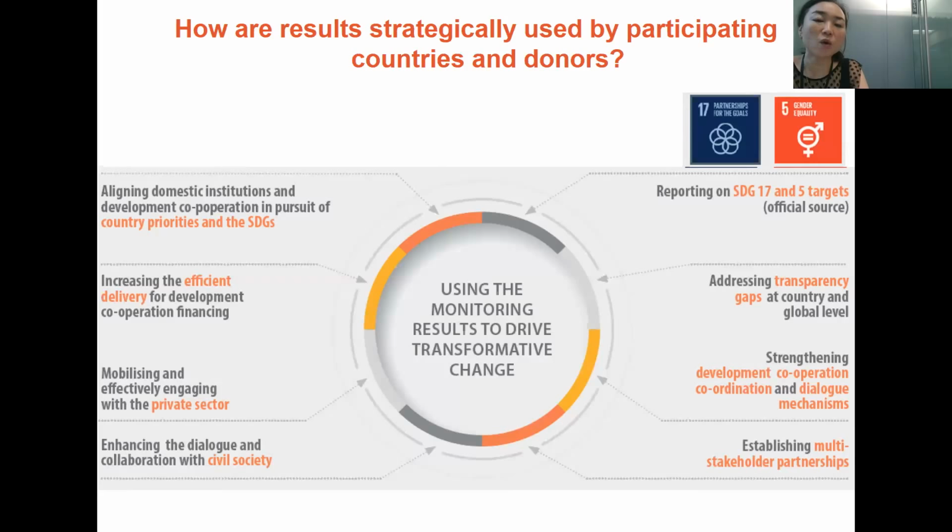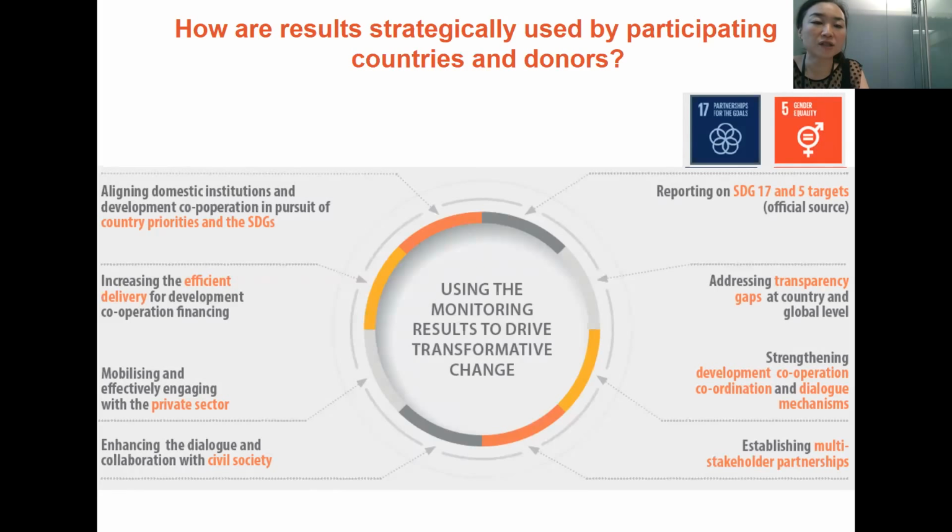Some countries are also using the results and the engagement itself to strengthen development cooperation coordination or dialogue mechanisms, using the data and evidence for evidence-based dialogue to strengthen the ways in which the cooperation dialogue happens at the country level.